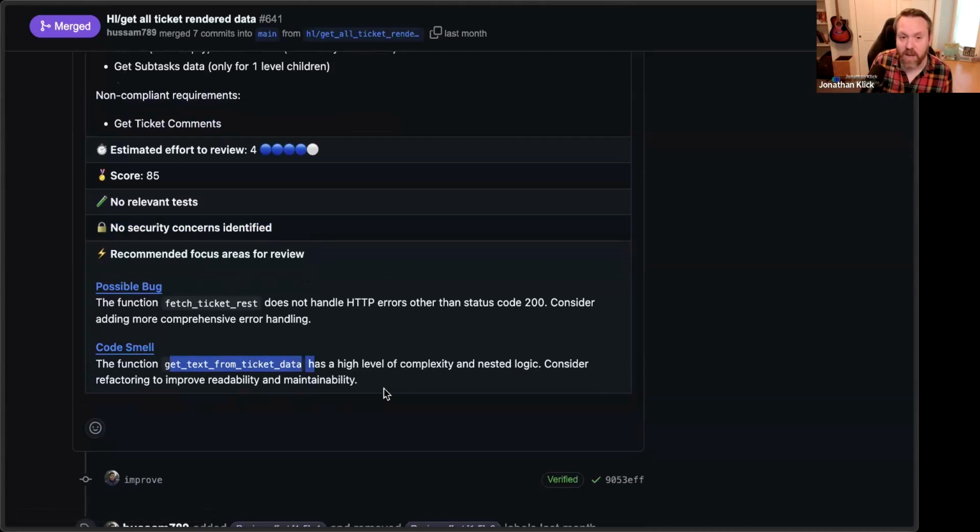That's a great recommendation. The cool part about this, though, is that while this is all nice and good for a PR reviewer, we all know this is another area that none of us really like to do. All of us need a PR review, but none of us really want to do a PR review. In situations where we're really pressed for time and we know we need to get this done, but we don't want to just rubber stamp it, we want to give it at least a little bit of attention.